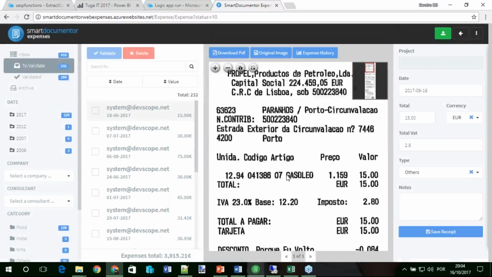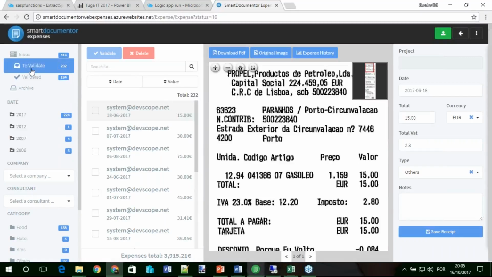You take a simple picture with your cell phone and send it to a mailbox. We have a listener there that is reading all the attachments and sending them to our smart document expenses system. This is a way for you to review it online.